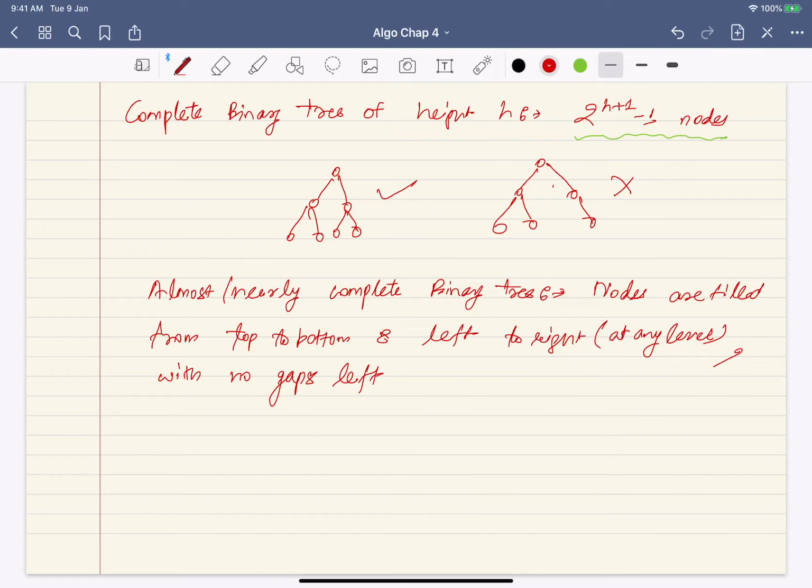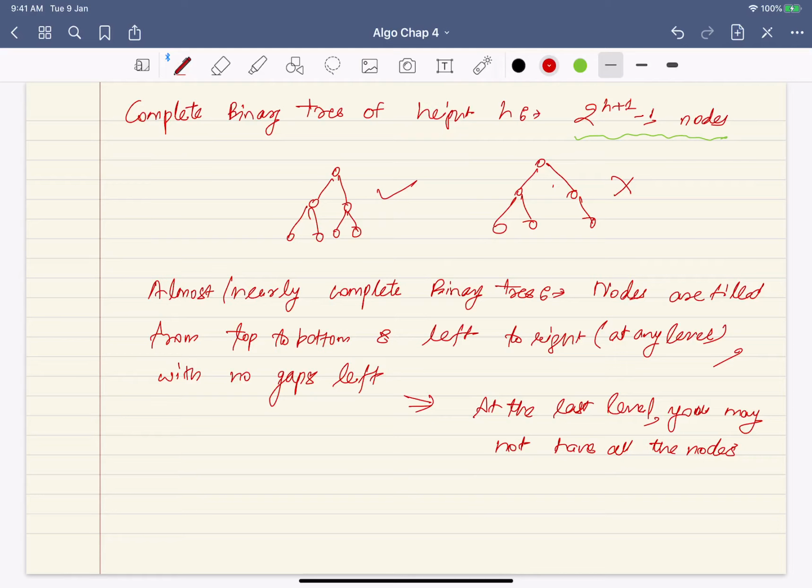But that also implies that at the last level, you may not have all the nodes. But whatever nodes are there, they are filled from left to right.